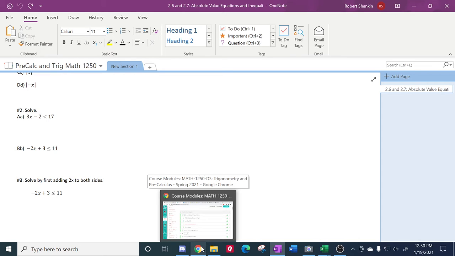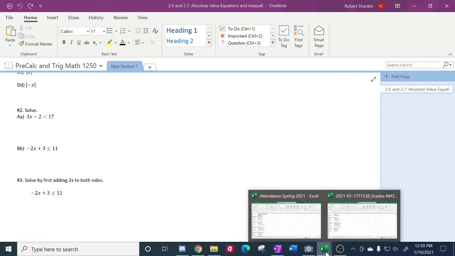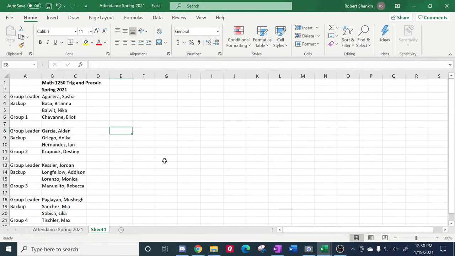Okay. Another thing, let's go to the groups in Discord. I want you to look at this and see what group you are in. You may be a group leader, if it says group leader to the left of your name, or you may be the backup for the group leader. Alright, has everybody taken note of what group you are in? Alright,